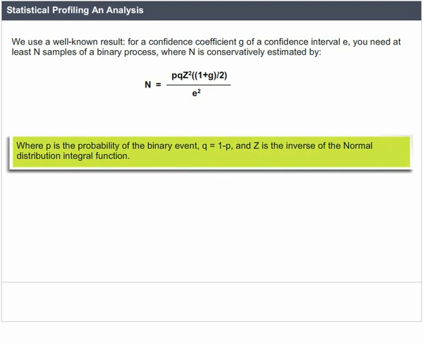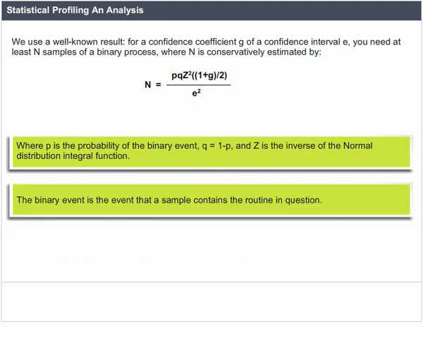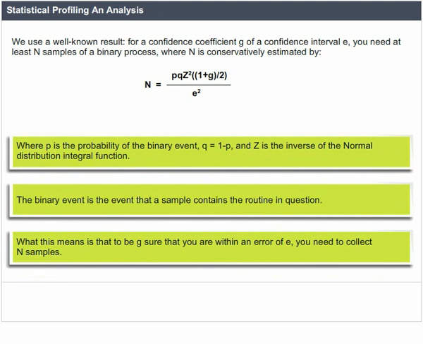where P is the probability of the binary event, Q is equal to 1 minus P, and Z is the inverse of the normal distribution integral function. The binary event is the event that a sample contains the routine in question. What this means is that to be G sure that you are within an error of E, you need to